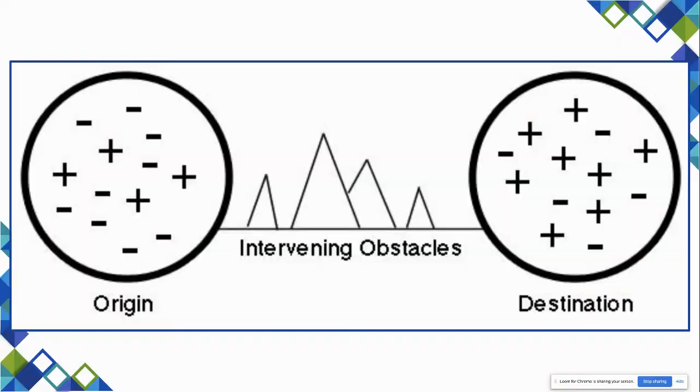This is, it didn't pop up. This is Lee's intervening obstacles model. So what we've got is the origin. Let's imagine once again you're going from Liberia. There are negative push factors at the origin. There are also positive things that are keeping you there, like your family. Now, we've got your destination, once again maybe you're trying to make it to Germany. So you've got positive things that are pulling you there. You've also got negative things that are keeping you away from there.